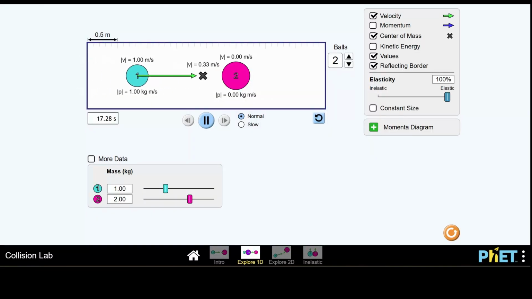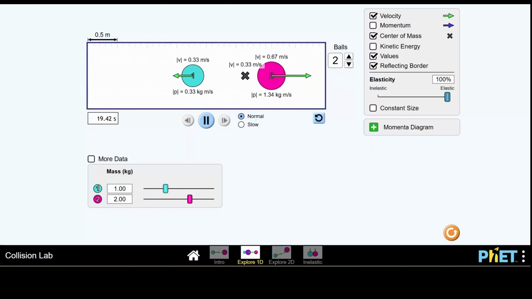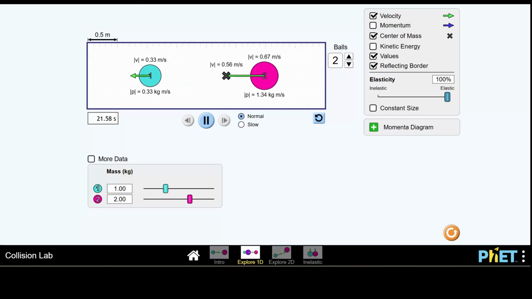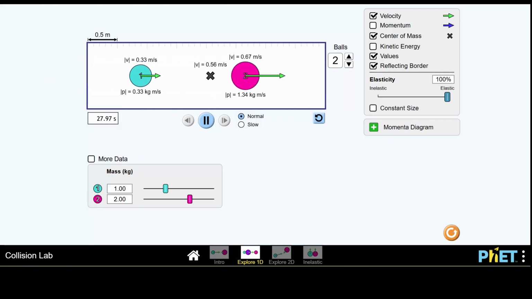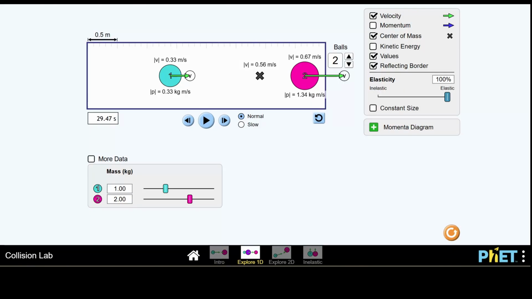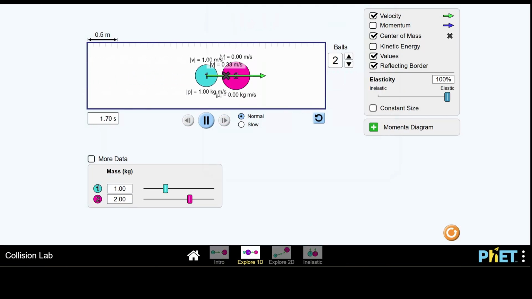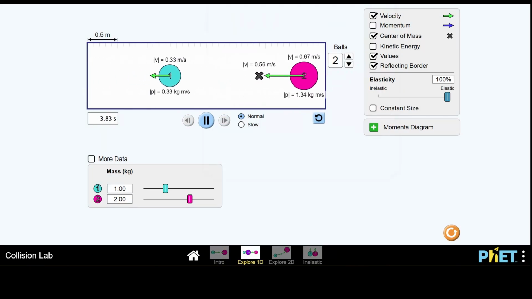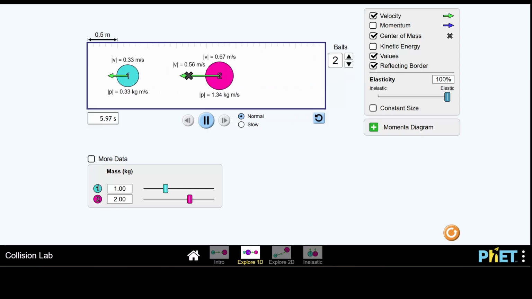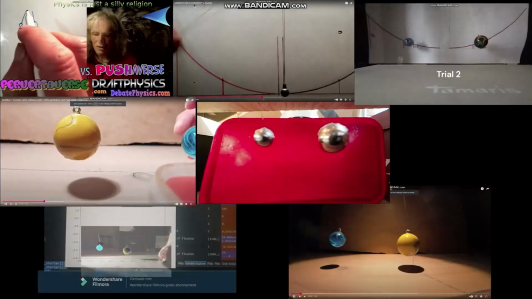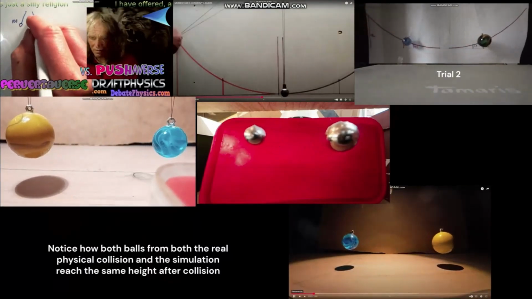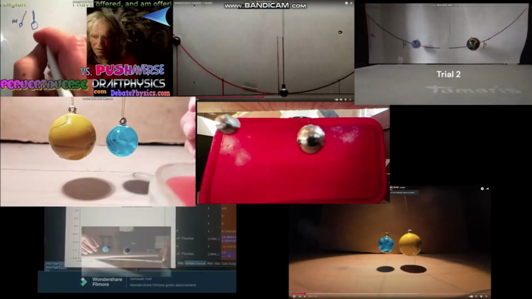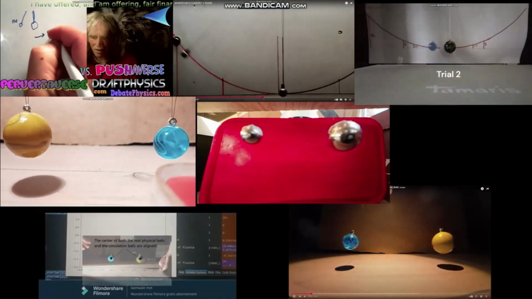Whereas, for conventional science, the direction in which something moves is very important to determine the final momenta after a collision. When objects move in opposite directions, the momenta need to be subtracted from each other. When objects move in the same direction after collision, momenta have to be added together. So far, I have provided countless real physical experiments proving the case. However, every single one of them has been rejected and deemed garbage by Draft Science.